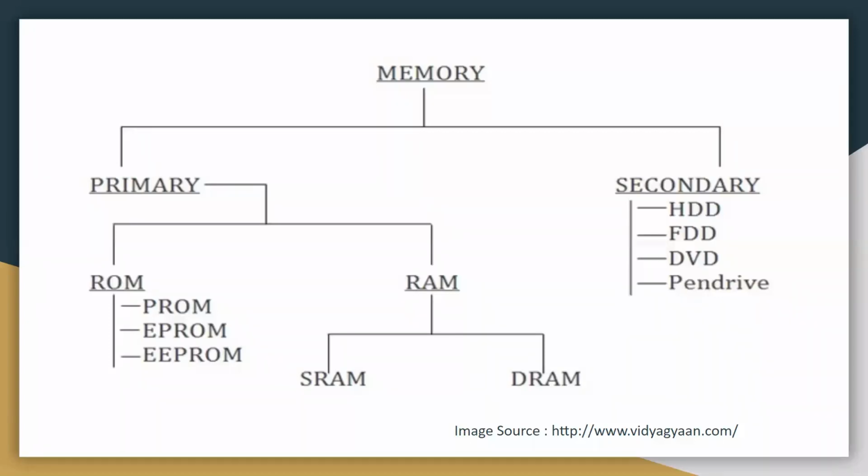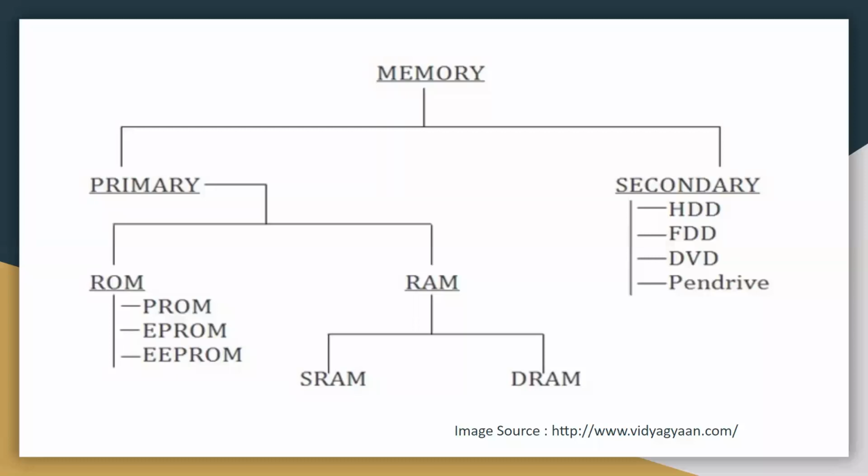Here on your screens, you can see that the memory is divided into two parts. First is the primary memory and second is the secondary memory. Primary memory is also referred to as main memory because it holds the data and instructions, and all the operations which you are currently performing on your computer are saved in your primary memory. It has a limited capacity and the data is lost when the power is switched off.